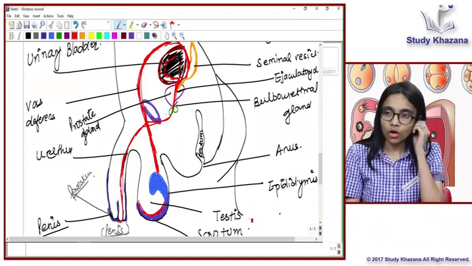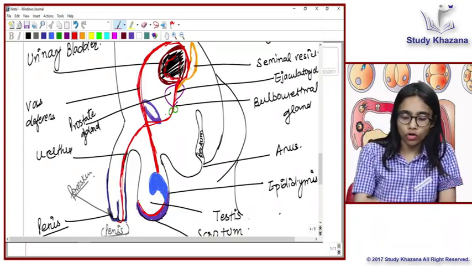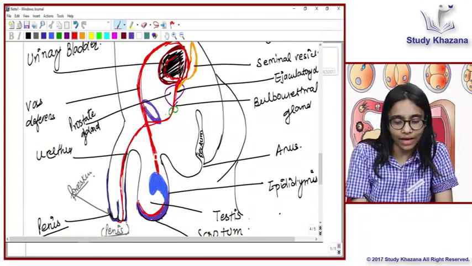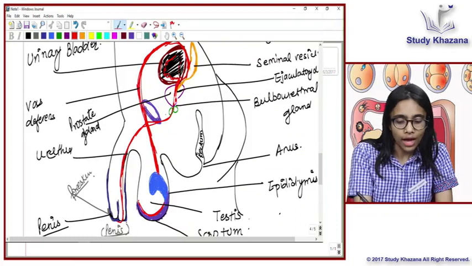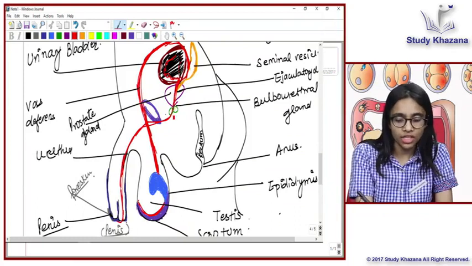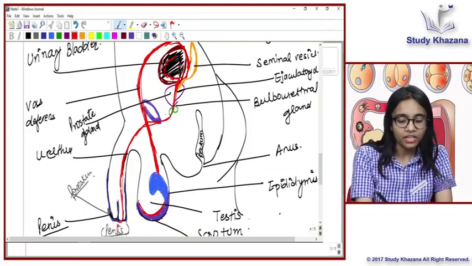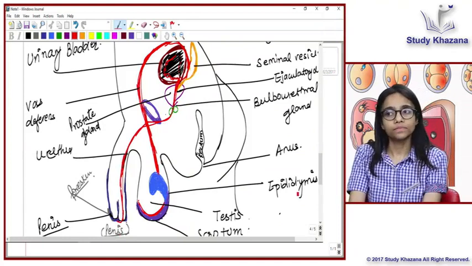Which pathway do the sperms follow? From here the sperms start moving, and from there they go into the seminal vesicle fluid, and they move down to the prostate, then the urethral gland, and they finally reach the penis. Okay,